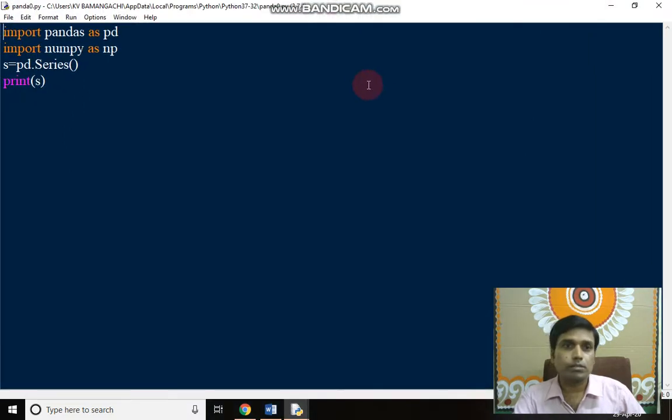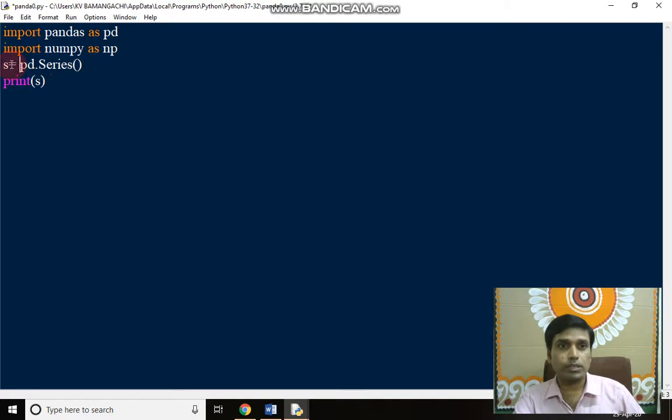I have already made here an empty Series in Pandas. We have imported pandas as pd. Pandas is a library, pd is an object of pandas. NumPy is a library and np is its object. s = pd.Series().